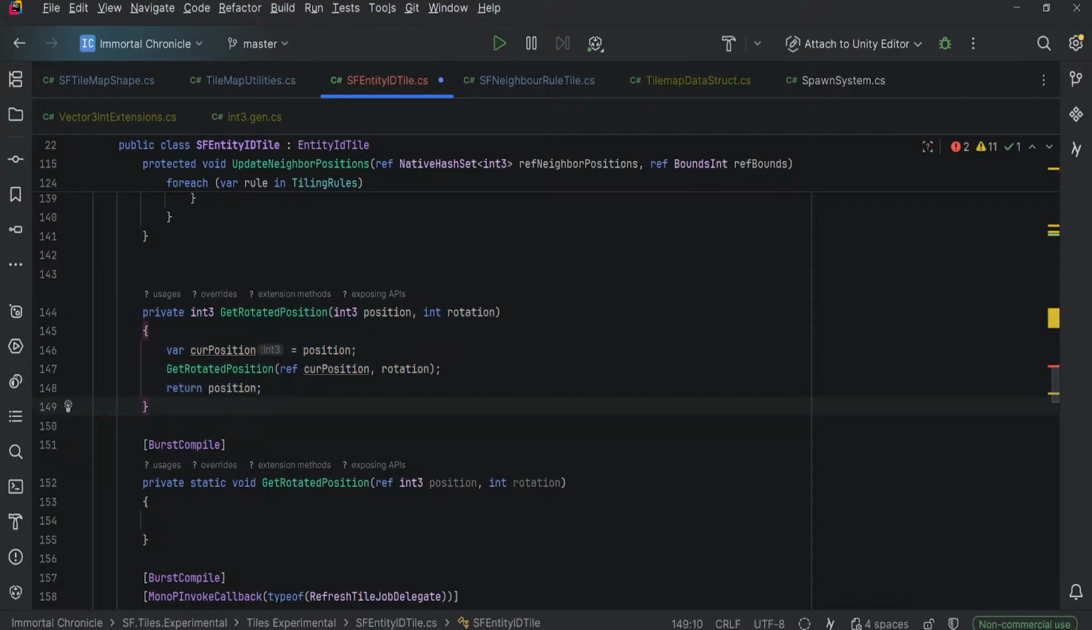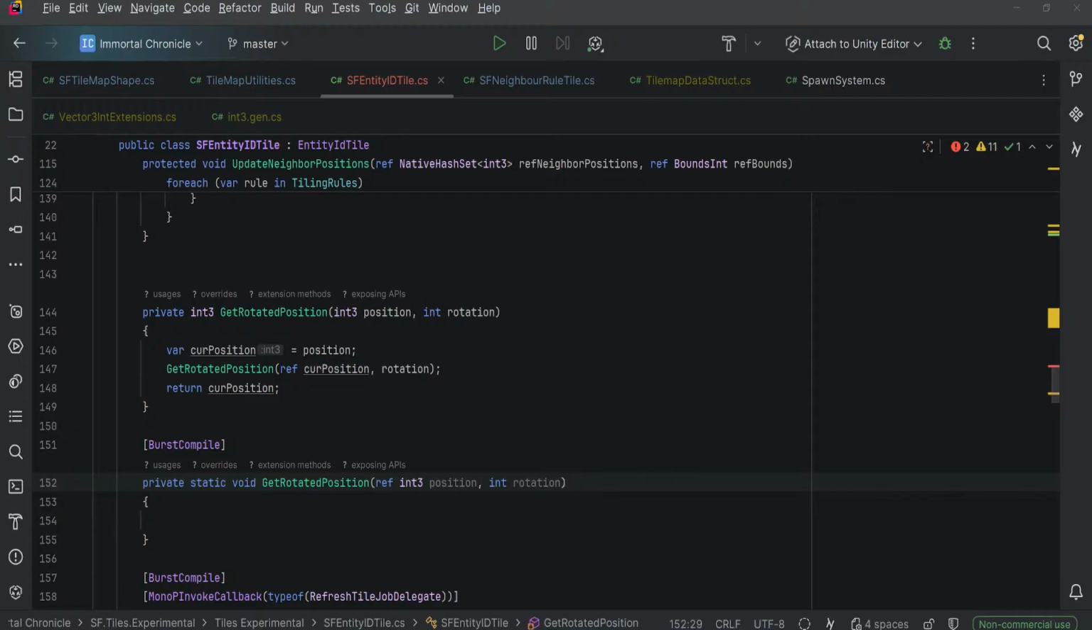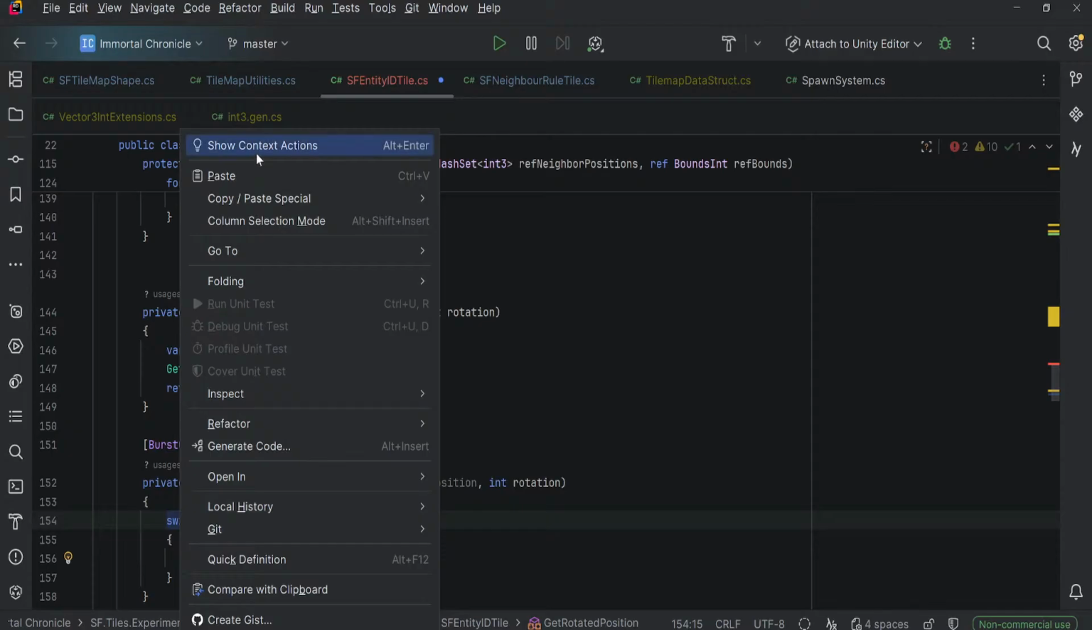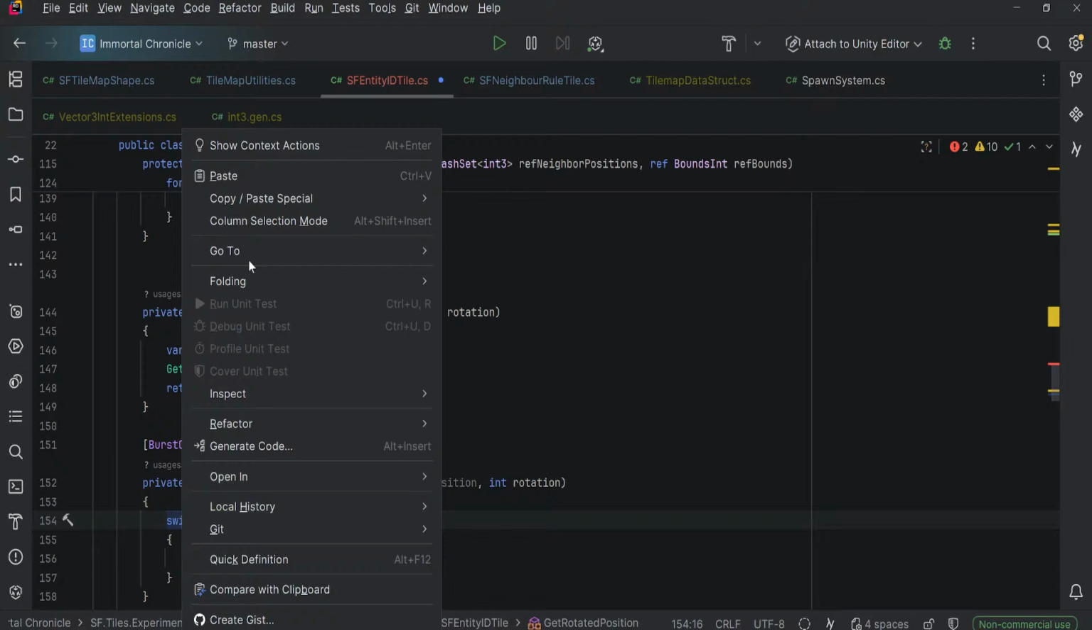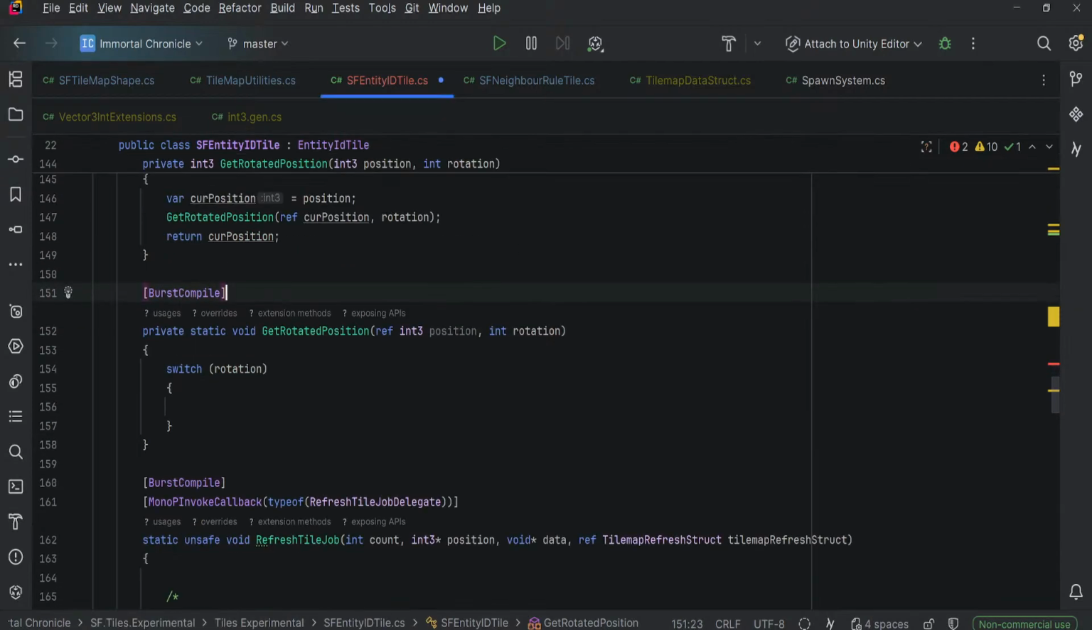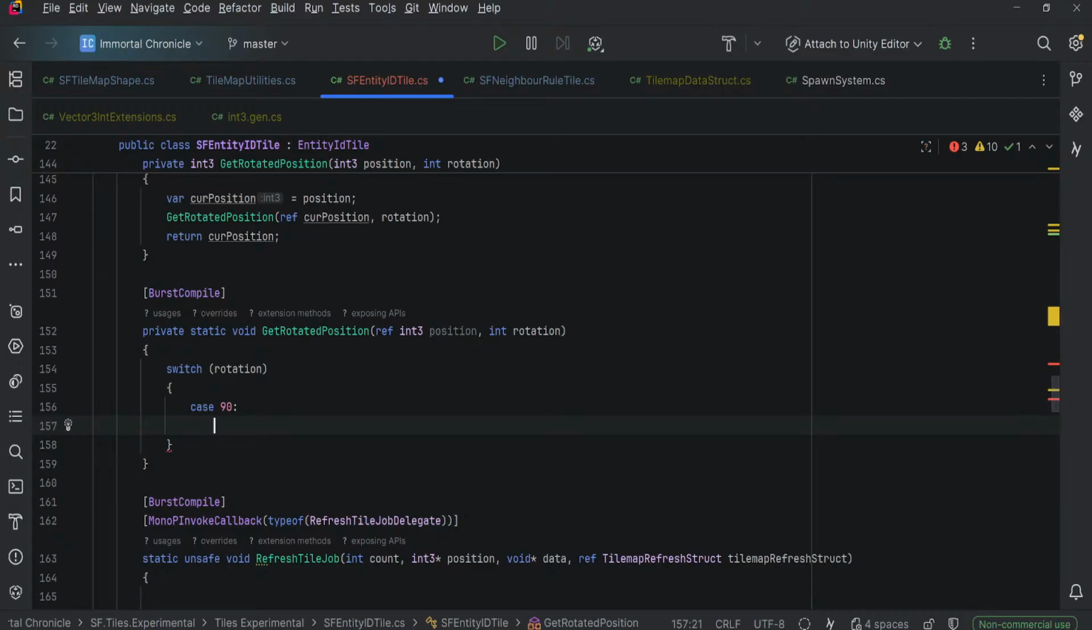So we could just return position, but we want to return current position just in case we did update anything. And do switch rotation. Actually, want to see, is there a, nope. I was hoping that, oh, right, that JetBrains shortcut only works for enums. Darn. I wonder what the performance difference would be for using a switch expression instead of a switch statement, but